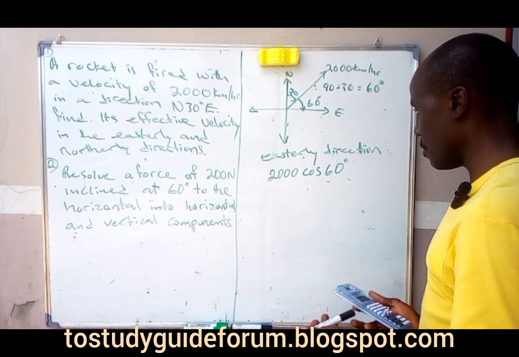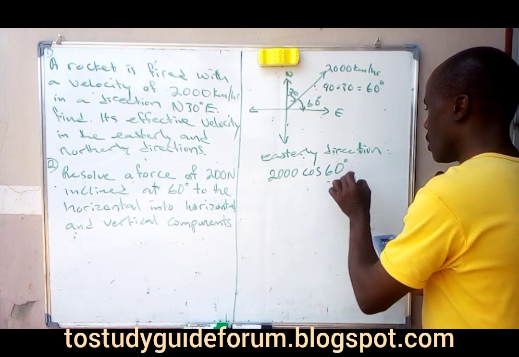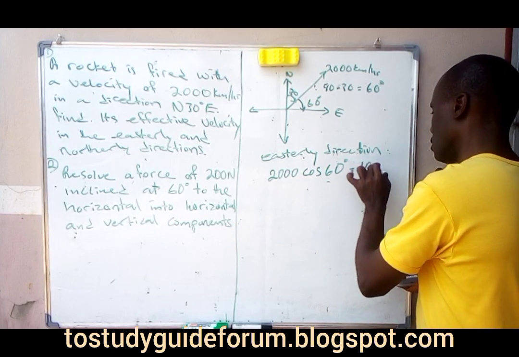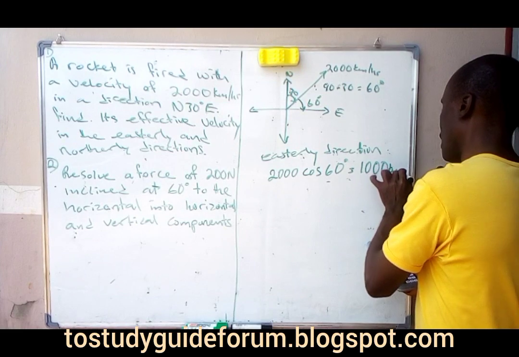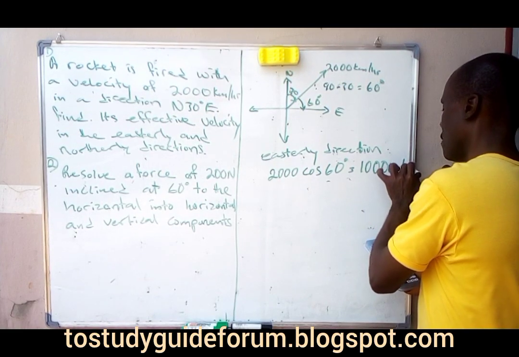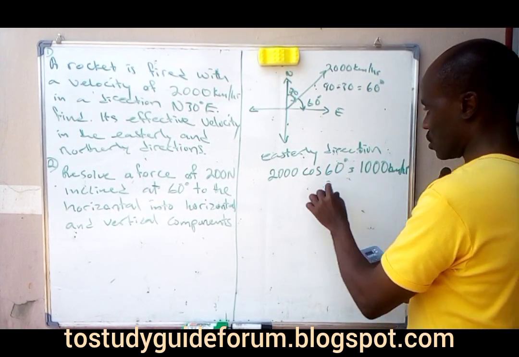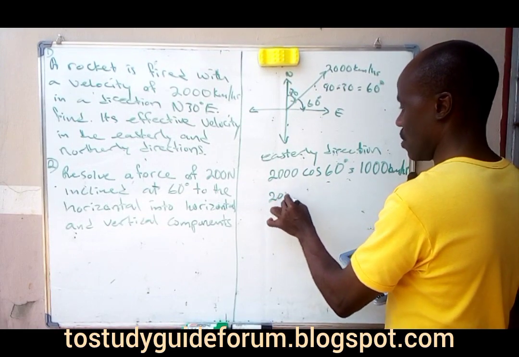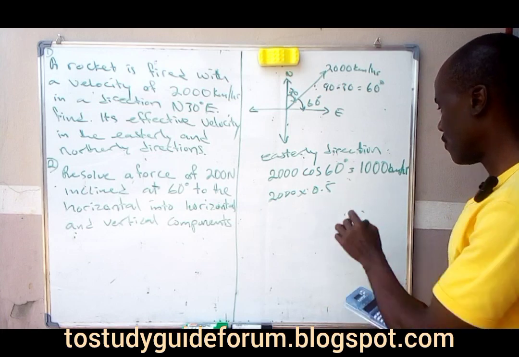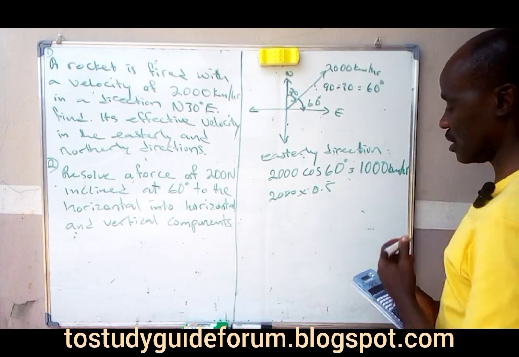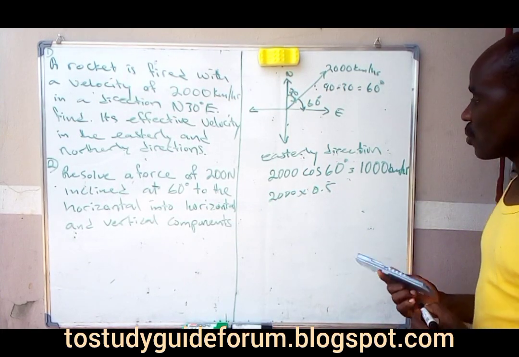That will give us 1000 kilometer per hour. Cos 60, okay, because cos 60 is what, half, 0.5. That will give us 1000. That will give us the same thing here. So the next one we are going to do now is to calculate